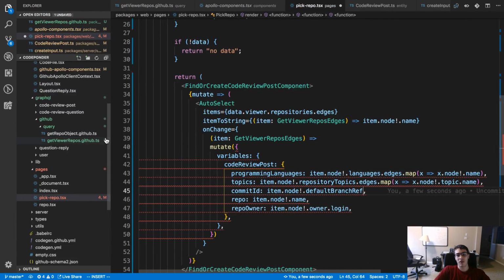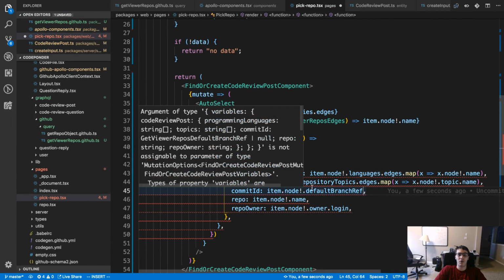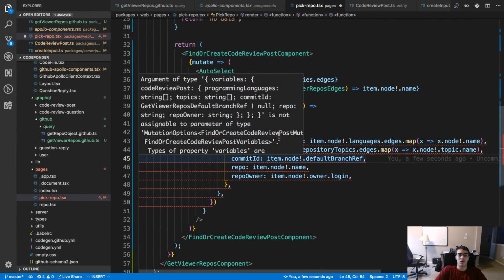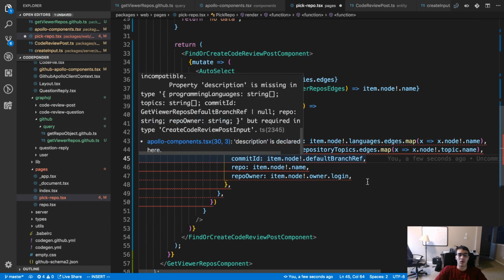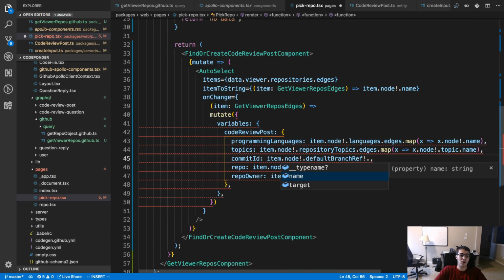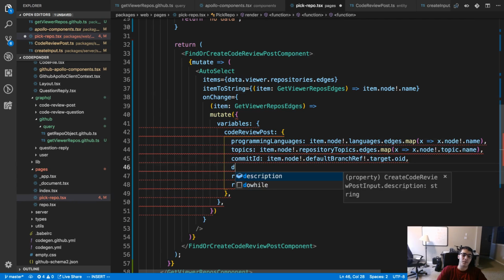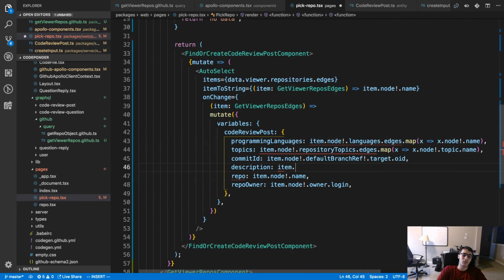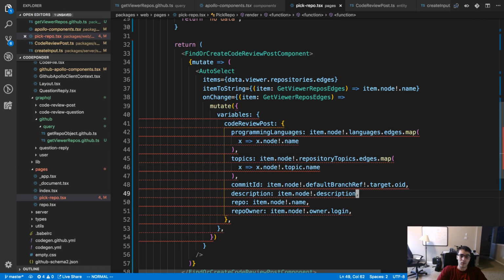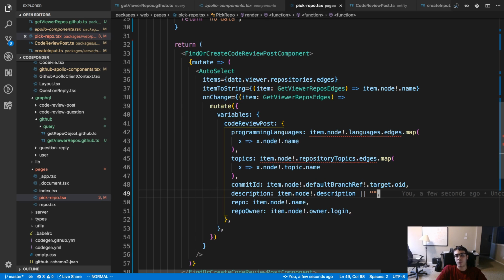Is this possibly undefined, like the person doesn't have a default branch? Alright, let's just assume they have a default branch. Okay, let's see what else I'm missing. Oh, description can possibly be null, so it's string or null.